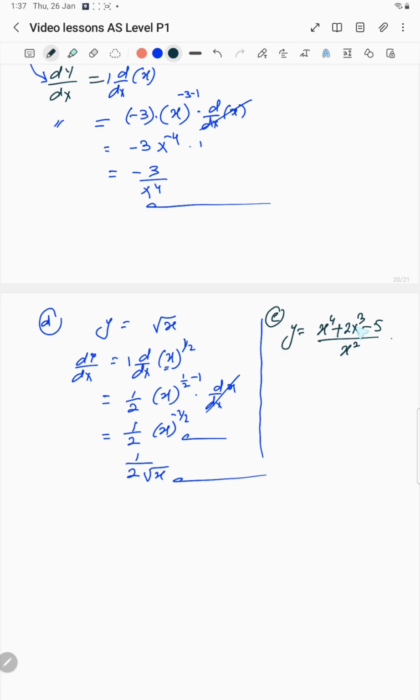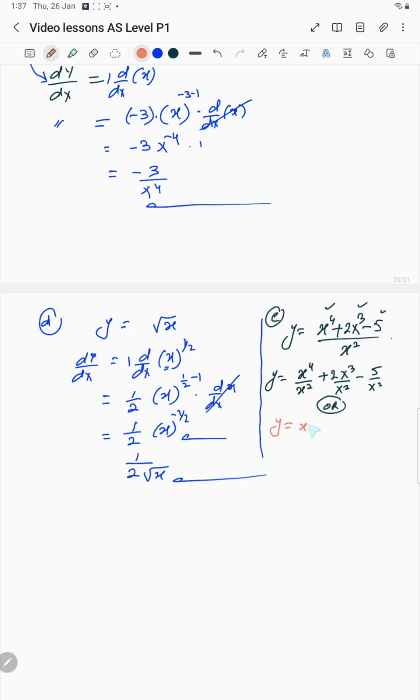Divide each term 1, 2, 3 with x square. We get x4 by x square plus 2x3 by x square minus 5 by x square. One approach is this, or you can bring this x2 up with minus power and multiply with the function, like you can do this,